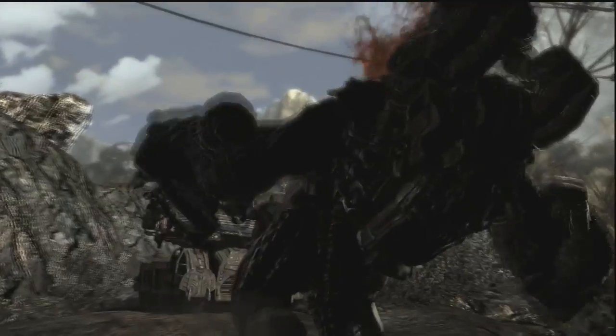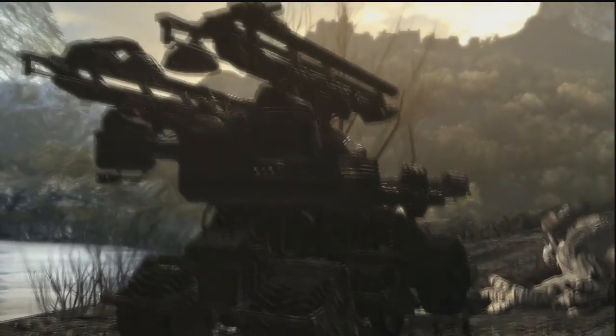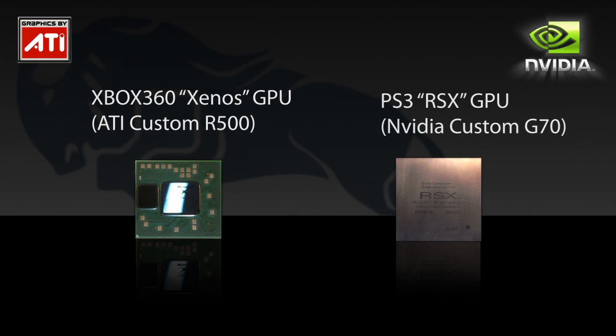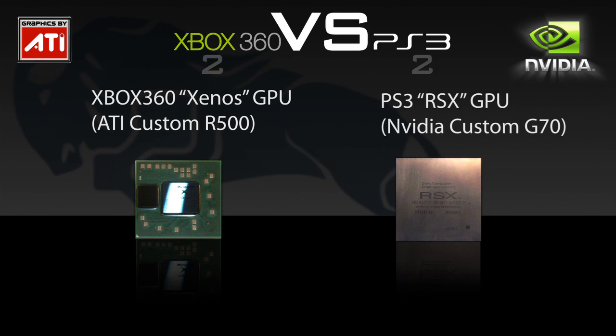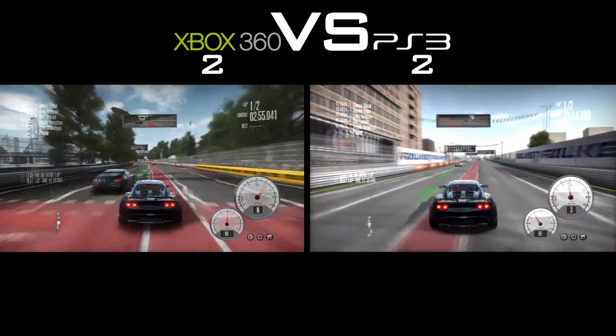But in any case, all the evidence points to the PS3's GPU being a bit weaker than the Xenos on the Xbox 360. The essentially free 4x multi-sample anti-aliasing on the Xenos definitely tips the scales pretty fast for the Xbox 360. The Cell processor may compensate for the weaker GPU on the PS3, but it's pretty clear that the Xbox 360 gets a point in this round. To recap, the PS3 has a better processor and faster memory, but the Xbox 360 GPU is superior thanks to